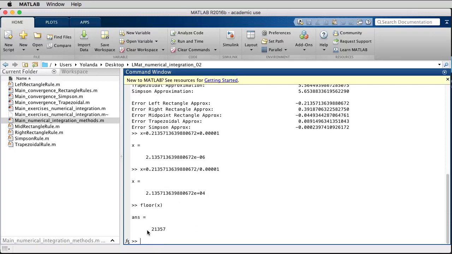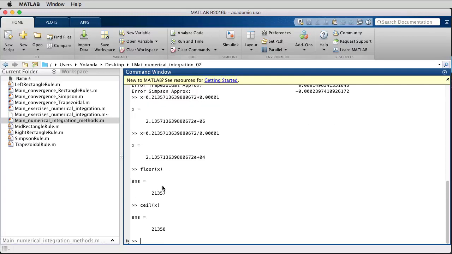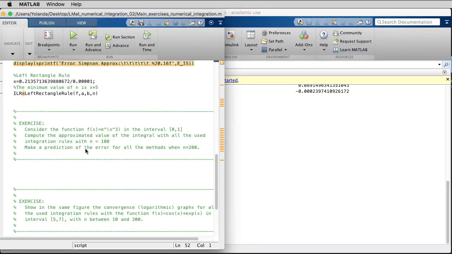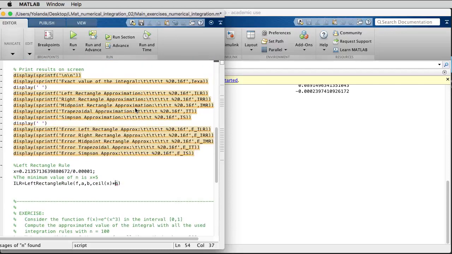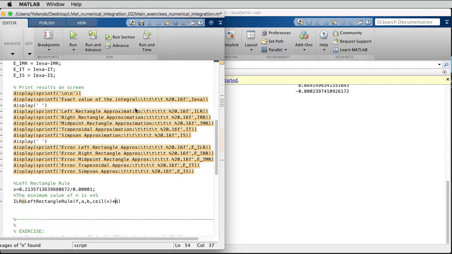Floor of x will cut this number, but maybe it's better to use the ceiling, which will round the number to the next integer. So I will use ceil of x times n, and then I will compute again the error,